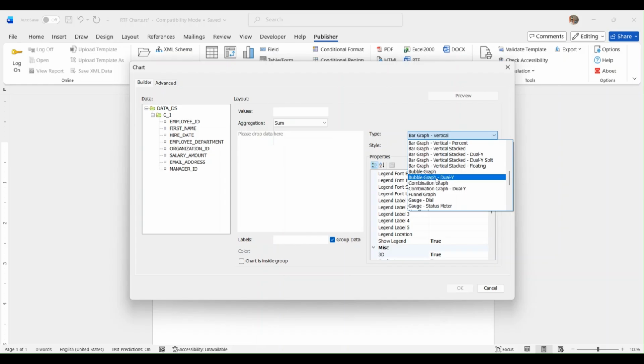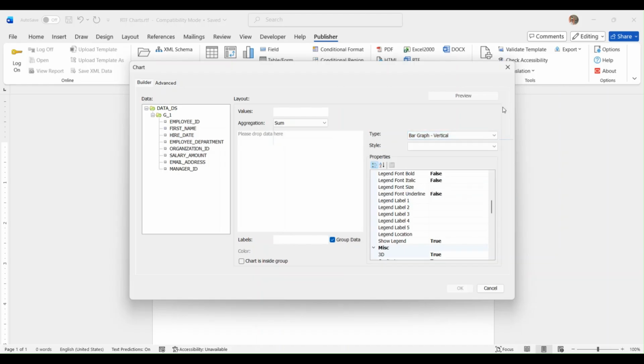Bubble graph and funnel graph, gauge dial, line graph, Pareto graph, pie chart, radar, ring graph, stock graph, scatter graph, all these things. These are all the chart types we can use inside our BI Publisher charts option. And if you see, the field below is the style field, which consists of a few themes